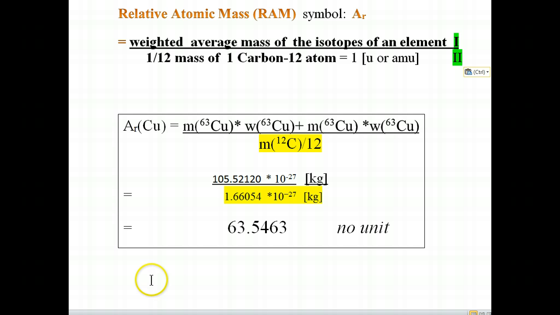Now we can calculate the relative atomic mass for copper. The numerator we have already calculated as 105.5212 multiplied by 10 to the power of minus 27 kilogram, and we divide this now by 1.66054 multiplied by 10 to the power of minus 27, and we get a number that is 63.5463, and this number has no unit. Please check your periodic table for 29 copper, and you will find exactly the relative atomic mass